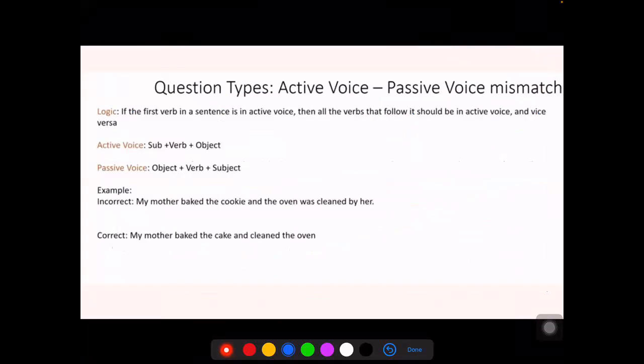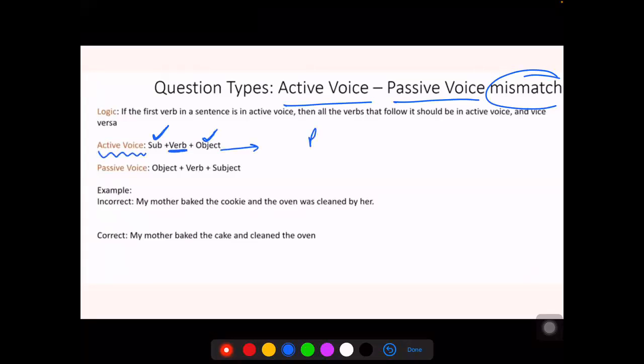Now, it's very important that active voice, passive voice mismatch should not be there. You simply know that whenever you are making an active voice sentence, we always keep our subject at first and object at last. In between that, there is a verb. For example, Ram